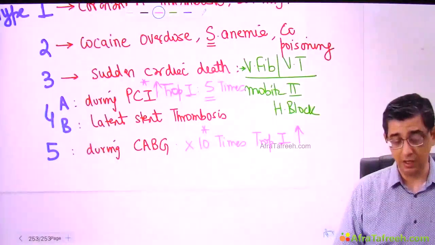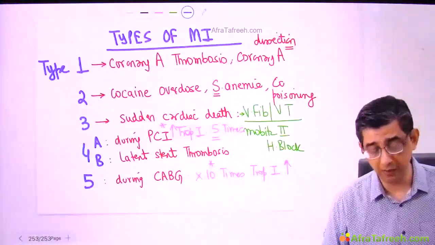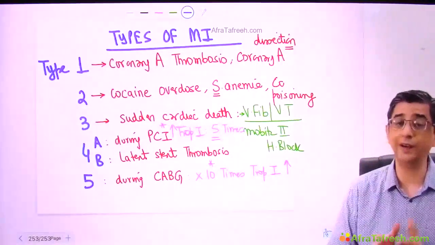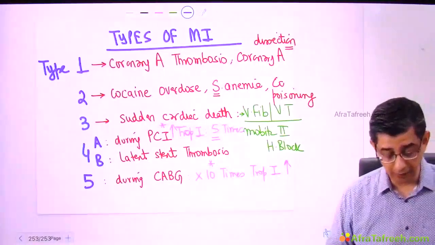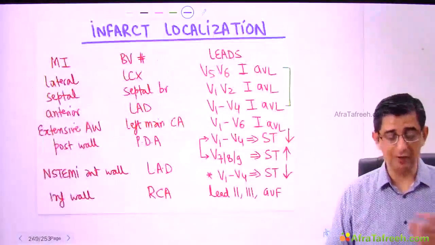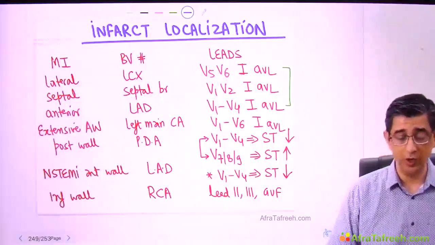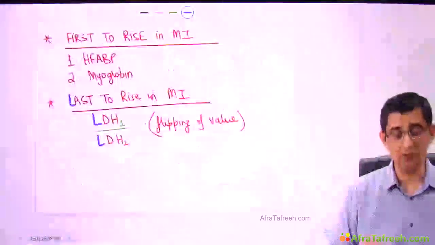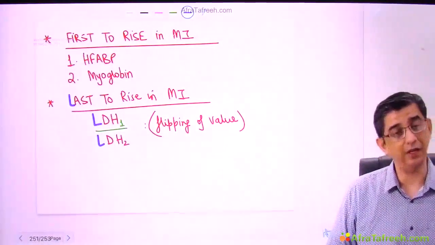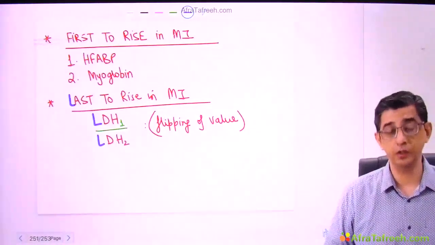I've highlighted these two points at least twice. And this is a new table given in the 20th edition of Harrison that you definitely should be familiar with. And this is more on etiology, I mean, what actually triggered the myocardial infarction. Whereas prior to this, the subtypes of MI that I was teaching you were with respect to the surface of the heart that is getting involved. So both of these aspects should be known to you: infarct localization as well as types of myocardial infarction. And as far as the treatment aspect is concerned, I'll be describing that in the subsequent lecture. So these are the details which are important for this particular part.